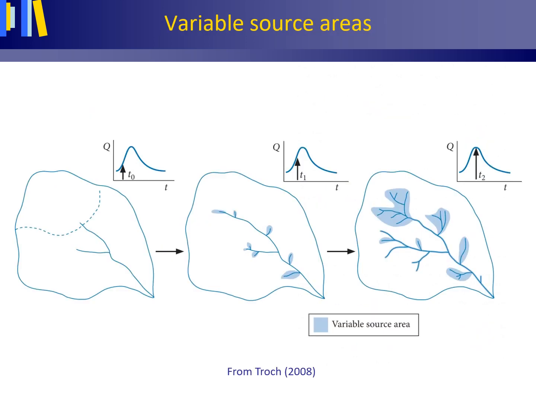This figure shows that the areas that become saturated from below expand upslope and upstream if rainfall continues. This phenomenon has been observed in situ as well as through remote sensing techniques. These saturated areas that contribute to quick flow can expand and contract in size between storms and during the course of a single storm. They are called variable source areas, with the adjective variable because of their expanding and contracting nature.